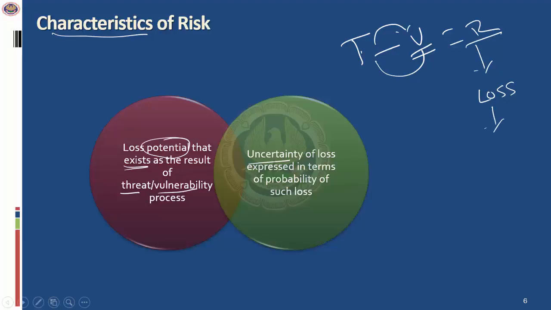What is the extent of loss? What is the possibility that the threat will exploit the vulnerability? So these are all estimates, which means these are uncertain. So you should know risk management is never certain, it is always uncertain. So there is a lot of subjectivity involved in assessing what is the impact of the risk.